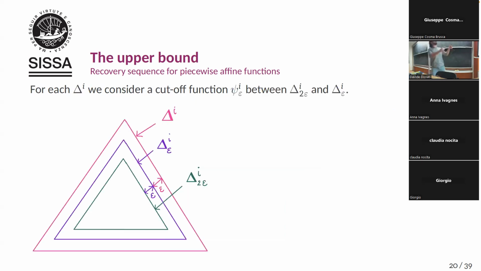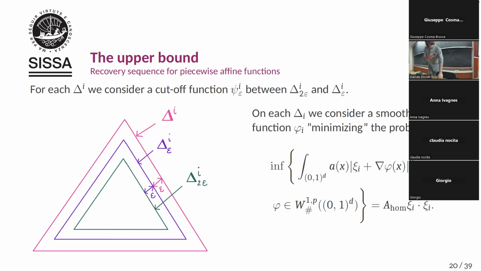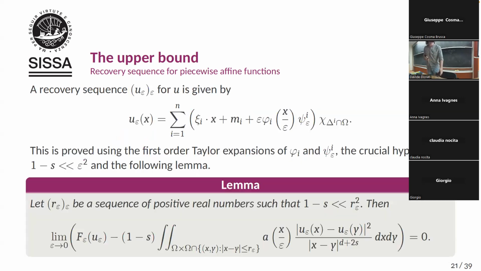So what we do on any given simplex, we consider some smaller simplices, delta_i^epsilon, which is a simplex with distance 2 epsilon from the boundary of delta_i, then an intermediate simplex, and then one considers cutoff functions which are smooth between the inner triangle and this intermediate triangle. And then, as I mentioned before, phi_i are going to be auxiliary functions minimizing this auxiliary problem. And then the recovery sequence is given exactly by the procedure I've just mentioned. So we perturb by this term phi_i, and then we multiply by cutoff functions in such a way that we make sure that things